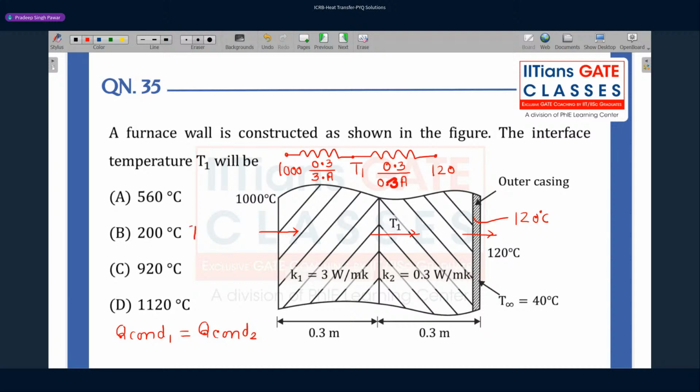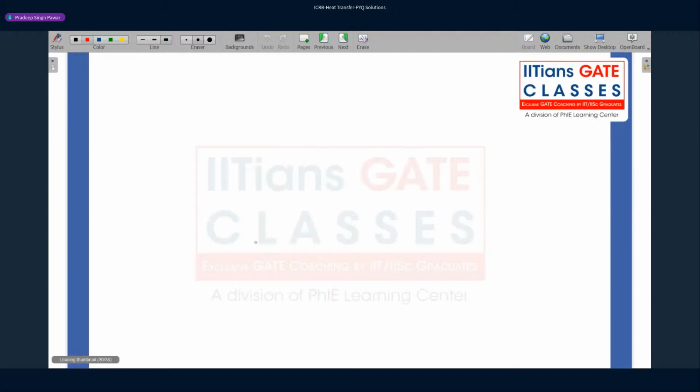If you calculate the resistance of the first one, you will get 0.3 by 3A, which is nothing but 0.1 by A. And the second resistance will be 1 over A. Let's look at how we solve in the next slide. Q conduction in slab 1 is equal to Q conduction in slab 2. So 1000 degrees minus T1, over the first resistance, which is L by KA, 0.3 by 3, is equal to T1 minus 120,